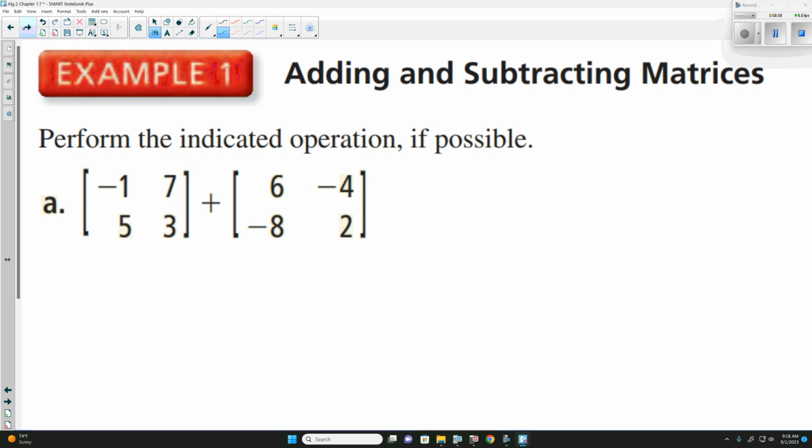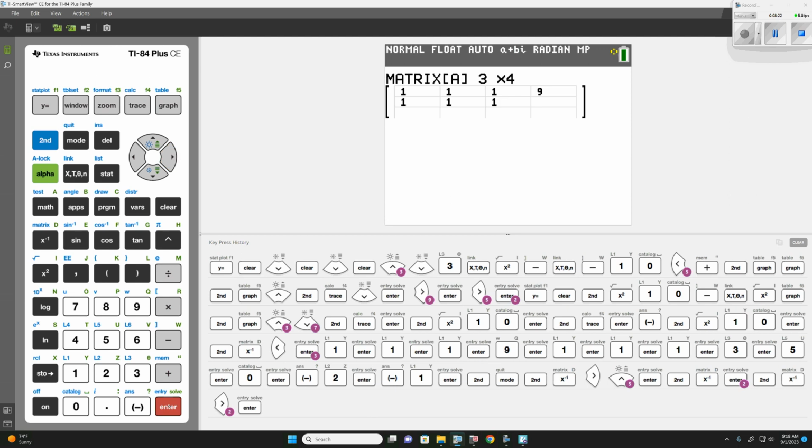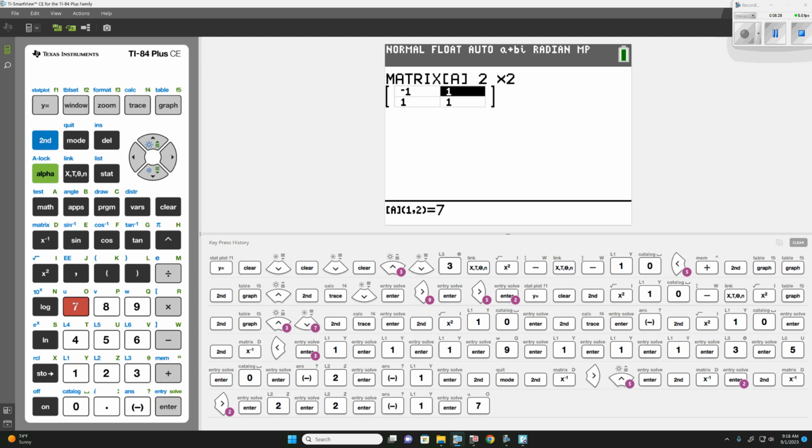Now, if we wanted to, we can look at this one here. I could grab the calculator and say second matrix, go over to edit, and say the first matrix is a 2 by 2. So we have negative 1, 7, 5, 3. So the one that we're on, question A, where we're adding the 2, I can put matrix A in